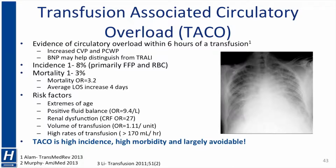One of the baseline issues here that contributes to this is, in many cases, nurses are not aware of what is an appropriate rate of administration for a high-risk patient, and they're typically not given direction either by the physician or, for that matter, by the American Association of Blood Banks in terms of what's an appropriate rate. So we believe a best practice is to have a default rate of administration that would keep patients out of general risk for TACO. And then if they are identified as being high risk based upon these criteria, that there are additional precautions layered in for nursing to be vigilant for this particular fairly high risk, high incidence, and high